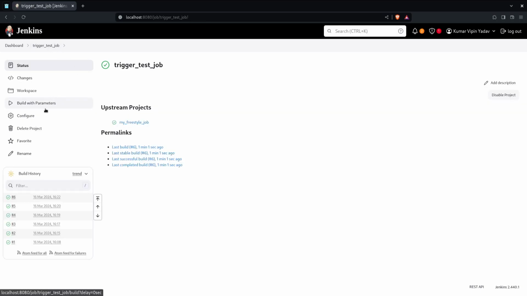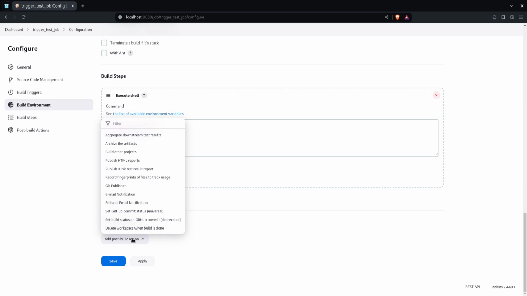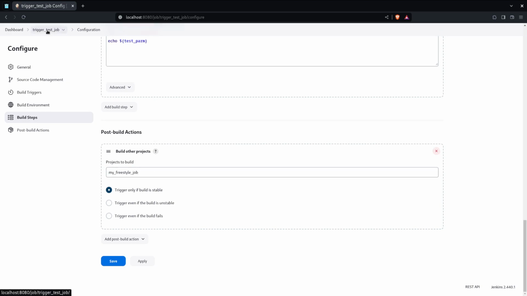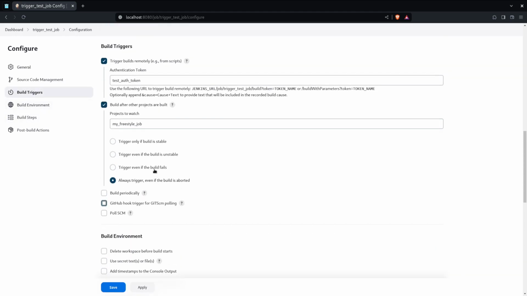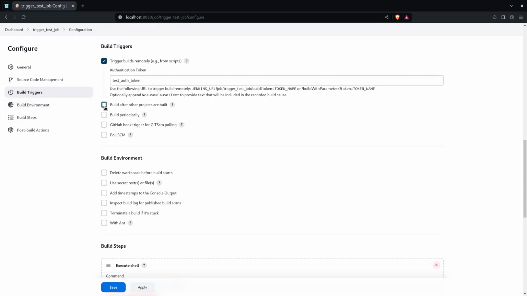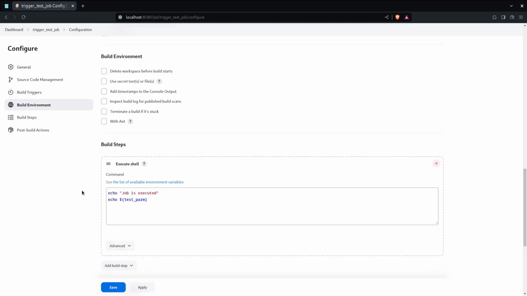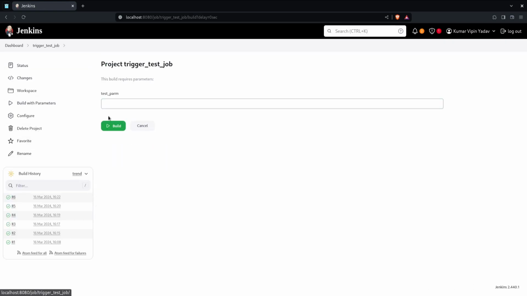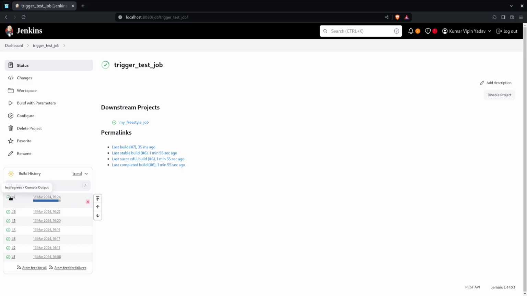Now there is another option in the post action for the same build other projects, and this will again ask you which project you want to trigger. So if I say trigger my freestyle job project after completing the trigger test job, it can do that as well. Now before doing that, let me remove this from here, otherwise it will get into a loop. Now in this scenario, trigger test job will act as the upstream project and my freestyle job as a downstream project. So let me save it, let me build it with parameter, and you see the seventh execution had started,